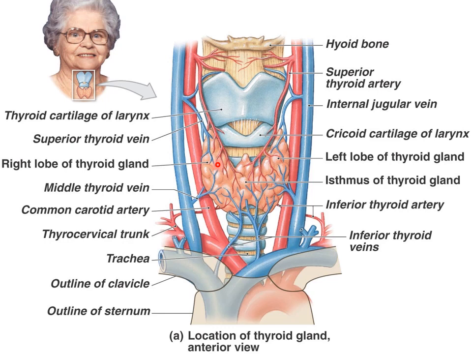This is a bilobate structure as it has two lateral lobes on the right and left side. These two lateral lobes are connected in the midline through the isthmus. This isthmus is mostly covering the upper part of the trachea. It is a highly vascular gland and it is covered by a connective tissue capsule, which is a very dense irregular type of connective tissue capsule.